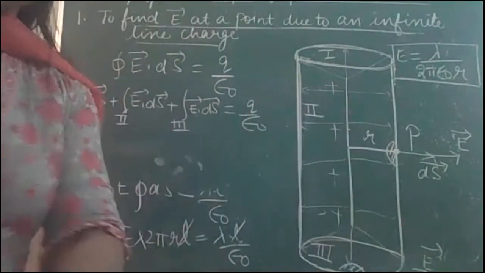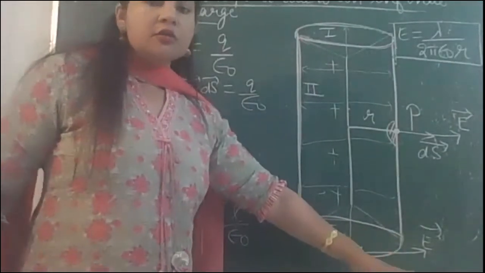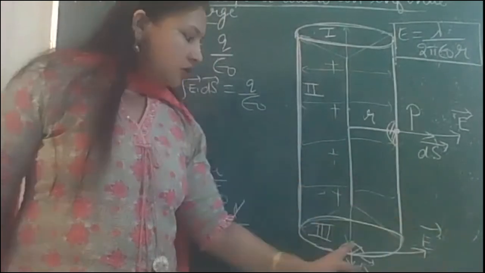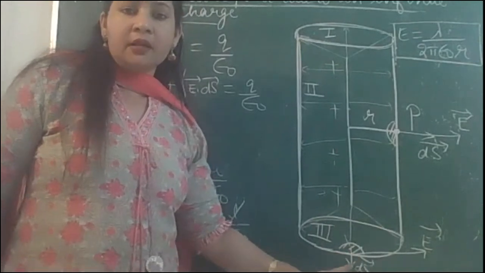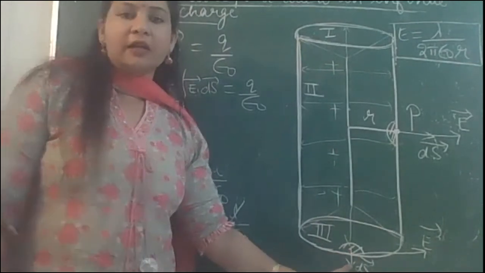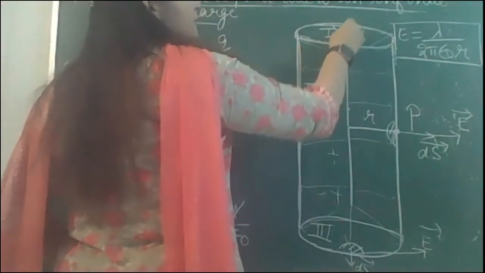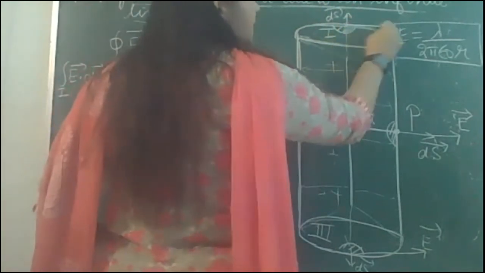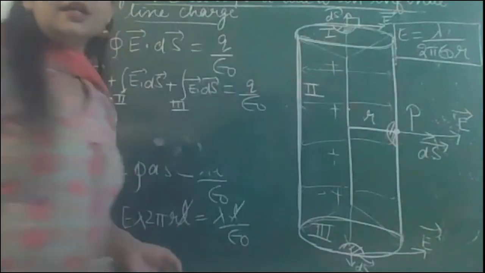The electric field here is still in the horizontal direction at all the points. To this side, the electric field is repulsive this way. So you can see the angle between E and ds is 90 degrees. So flux will be zero in that case. And in the same way for the top surface also, if we take an area element here, this is the direction of the area vector, but still the direction of the electric field is horizontal.